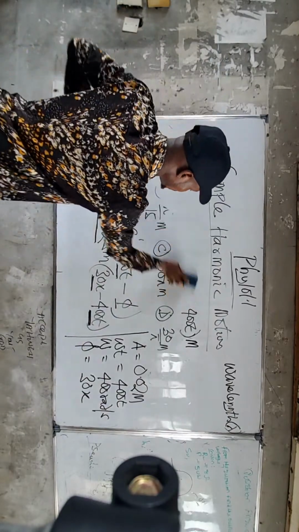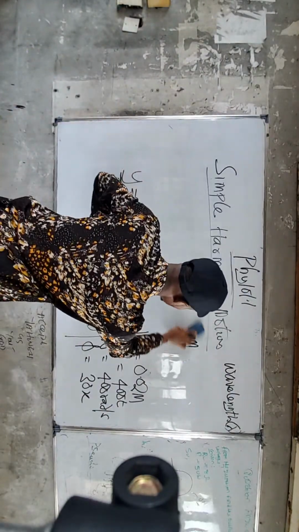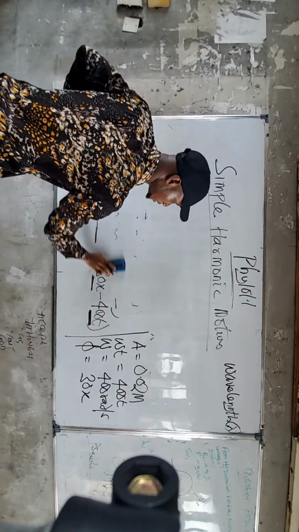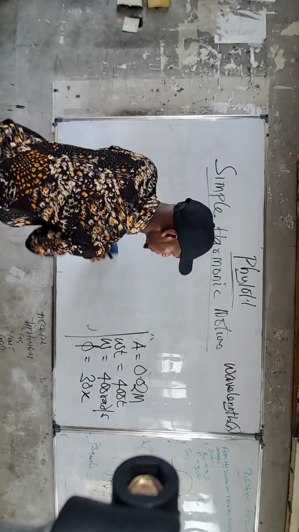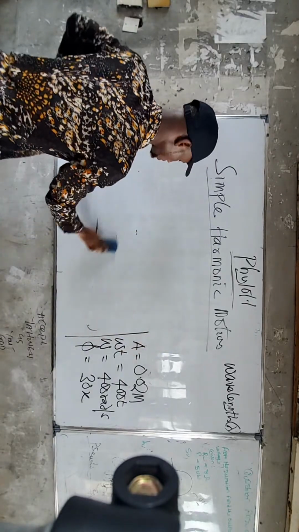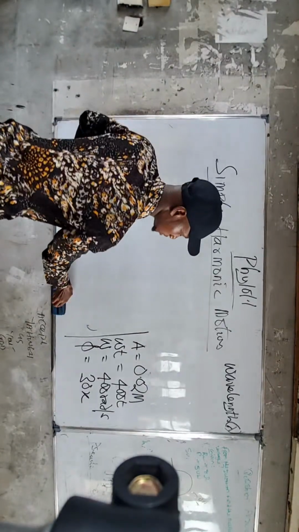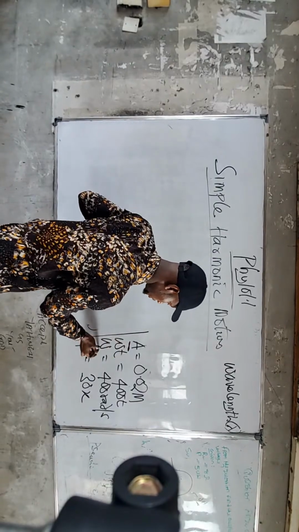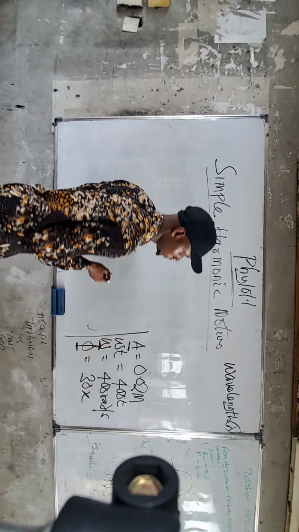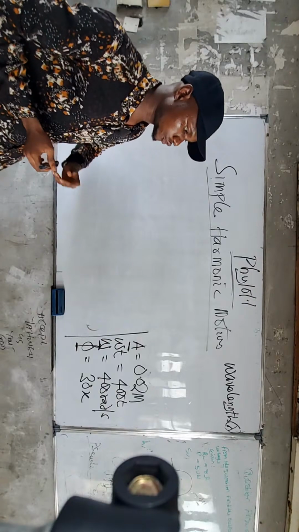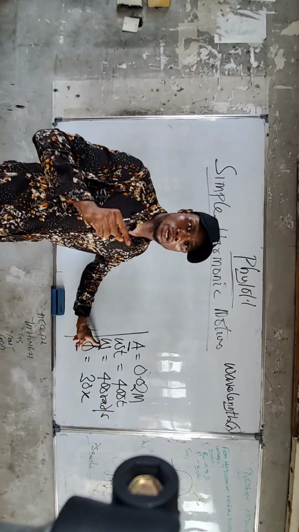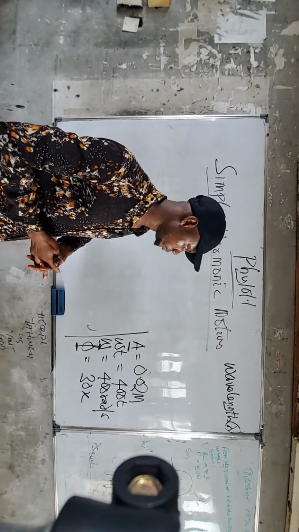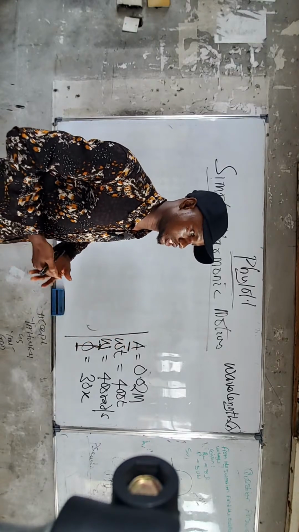But before we calculate wavelength here, we have to ask ourselves this question: which of the parameters here is connected with wavelength? Which of them, either this or this or this? Of course, this omega here is connected with angular frequency or period. Please take note. While amplitude is connected with